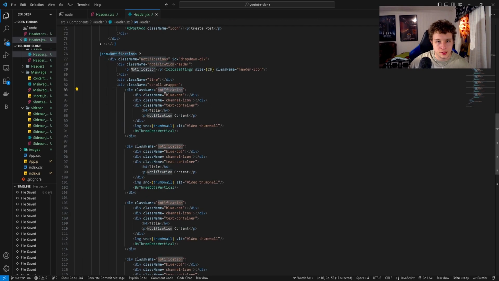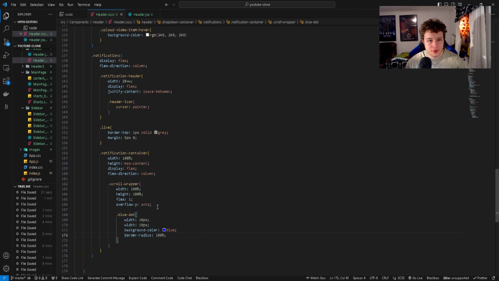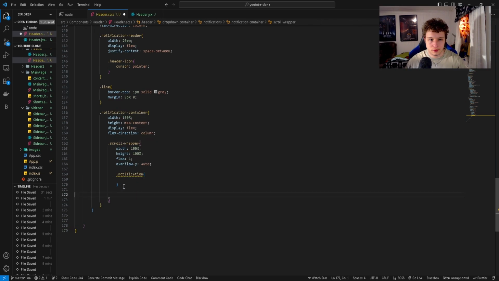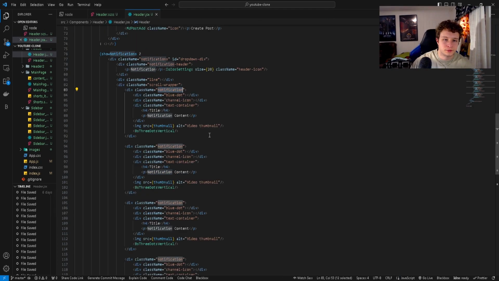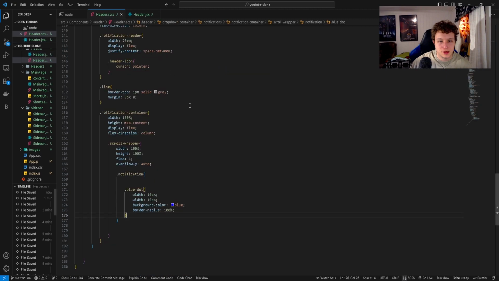So notification, it is in fact in notification. So we're going to copy this and just type it here, dot notification, and simply copy paste this inside of here, just like that. And if we head over to our browser right now, we should have a blue dot somewhere. Not really interesting. So if we check here, we have scroll wrapper here, and then we have a div with notification, and then a blue dot, and then channel icon, text container. You know, let's style the rest of this and then see if